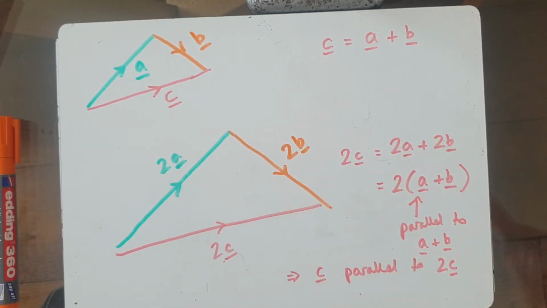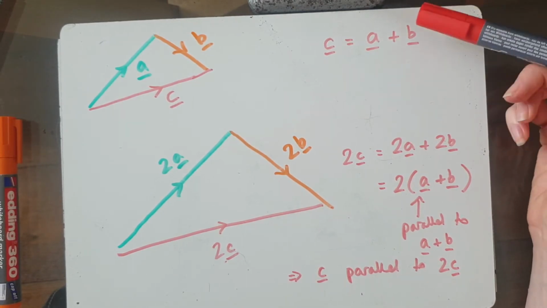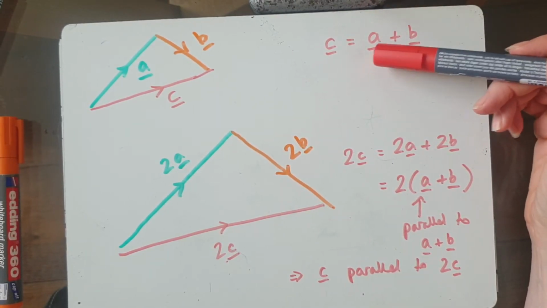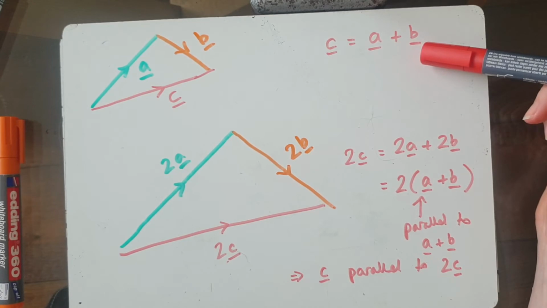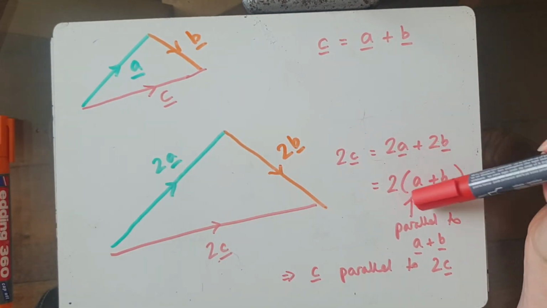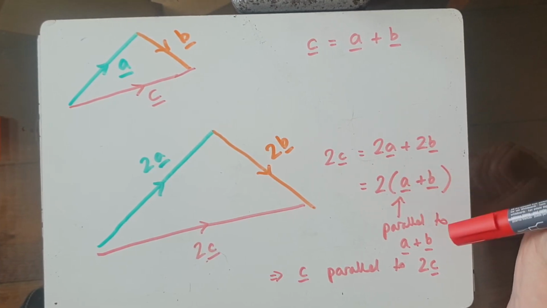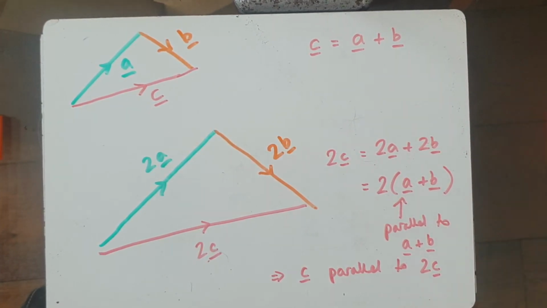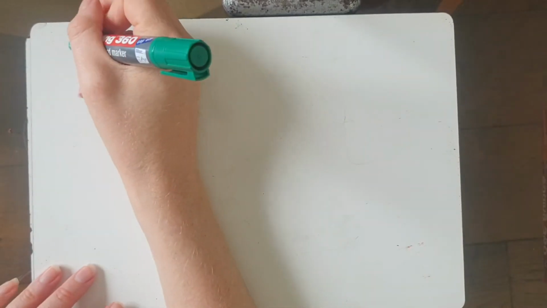I'm just demonstrating that the way you would show two vectors are parallel is you'd find one of them in terms of all of its components, A and B in this case, and then you would show that the other one is a multiple of those same components. So we're going to do a few examples now, which will hopefully make what I've said a bit clearer. So the first one